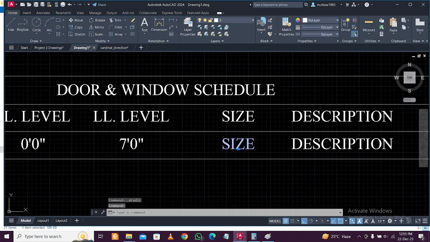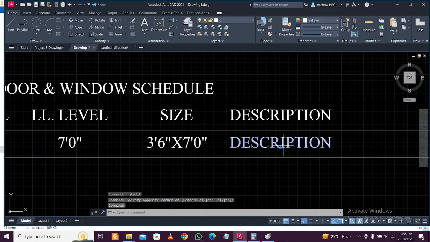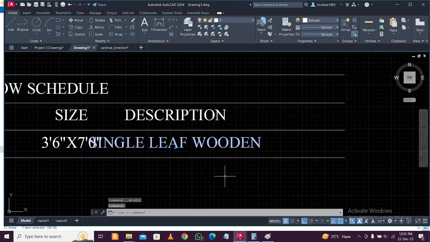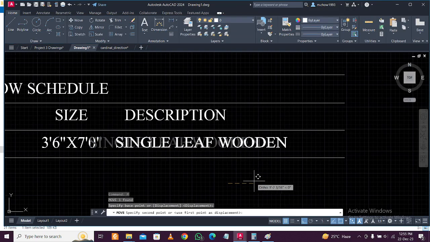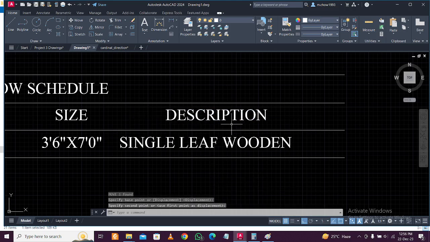Size of that particular door, this will be 3 feet 6 inches into 7 feet 0 inches. Description, this will be single leaf wooden door. So move this to here, and description this to here,